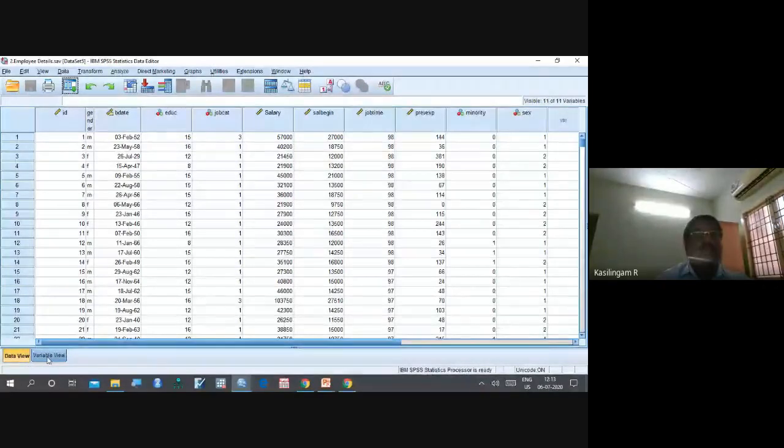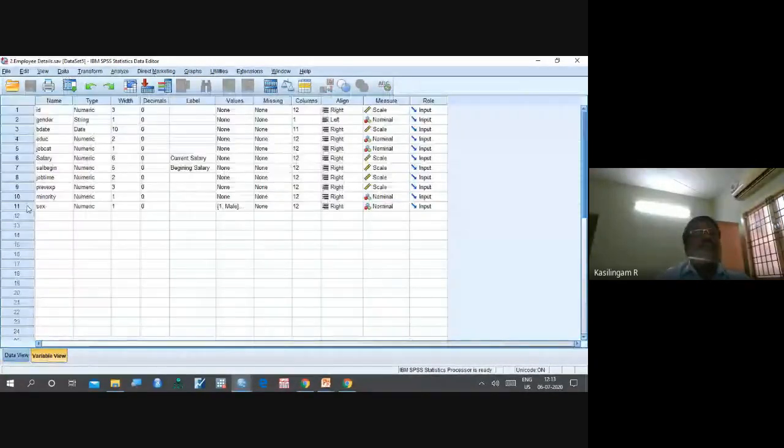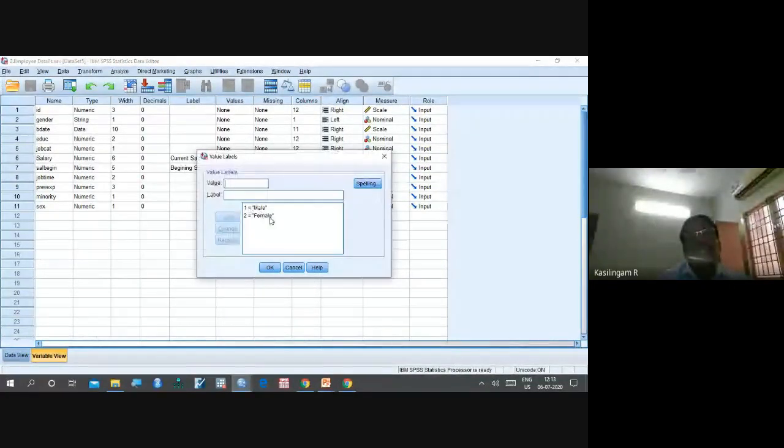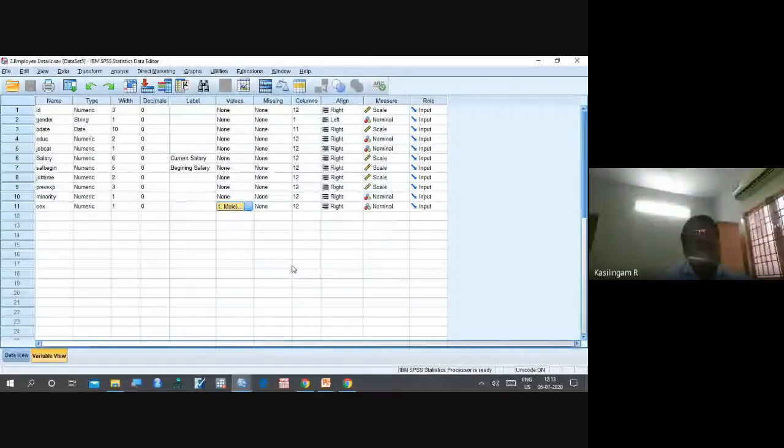So let me go to the variable view. Here also I have sex. That is a string variable converted into a numeric variable. So here one is male, another is female. Here I have a metric variable, salary. Now I have taken the girls and the boys, their girls' salary and boys' salary, to see whether boy salary and girl salary are different or not. We have taken some IT course, whatever it is.